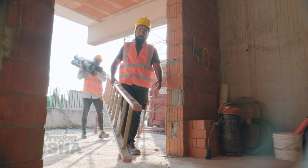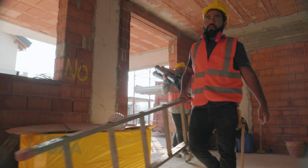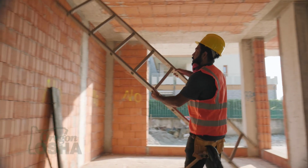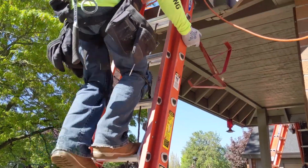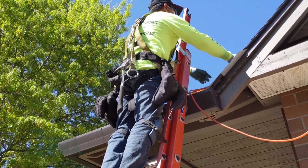A portable ladder means a ladder that can readily be moved or carried and usually consists of side rails joined at intervals by steps, rungs, or cleats. Now, Oregon OSHA has a few additional rules for portable ladders, and those additional rules apply to both non-self-supporting ladders